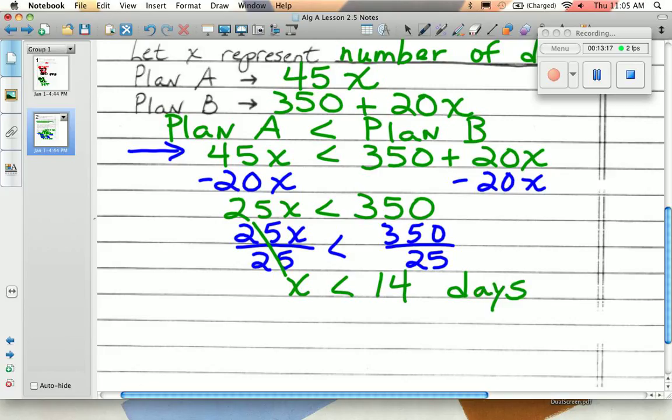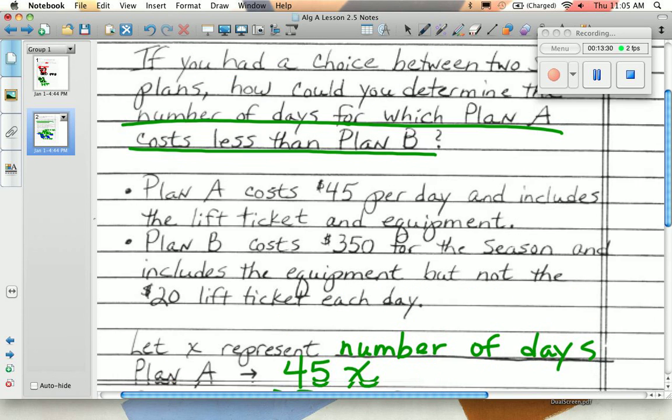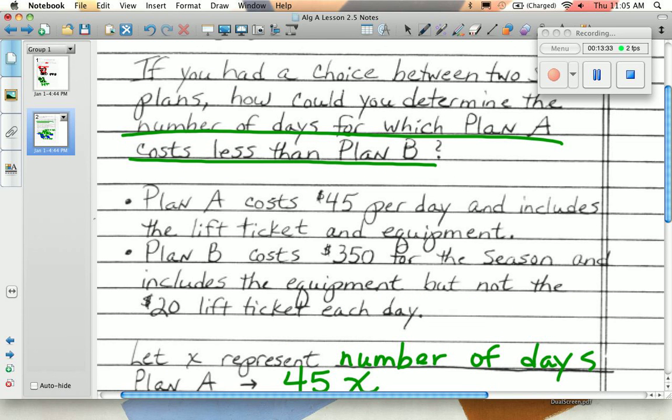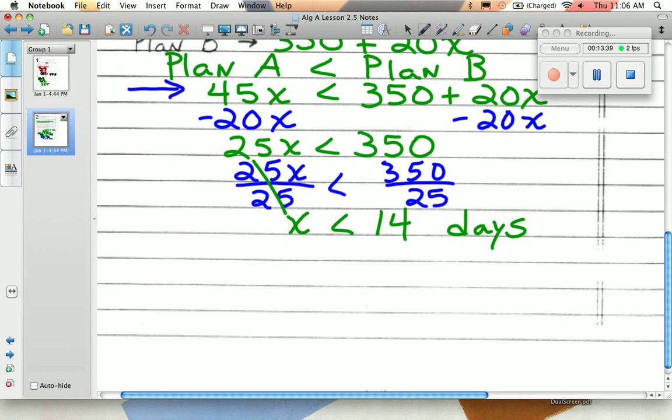Do you want us to do this in a sentence? Oh yeah, that's exactly what's coming next. We're going to write a sentence answer now. We're going to go back up and answer the question that they gave to us to begin with, and state it in sentence form. It says, for how many days would Plan A cost less than Plan B? If you ski less than 14 days, okay? Should we say less than 2 weeks? Well, we were talking about it in days, so we might as well leave it in days. If you ski less than 14 days,